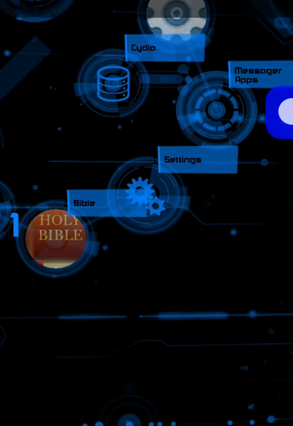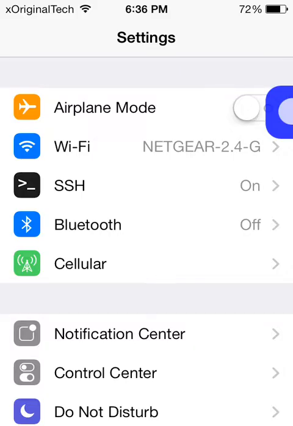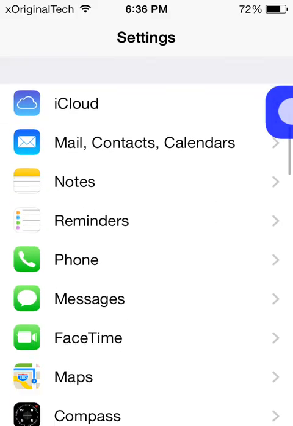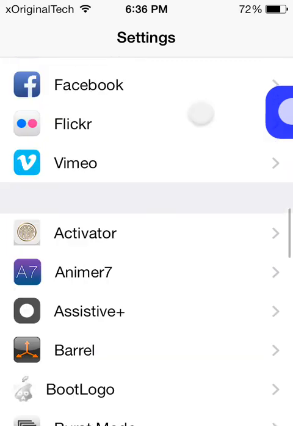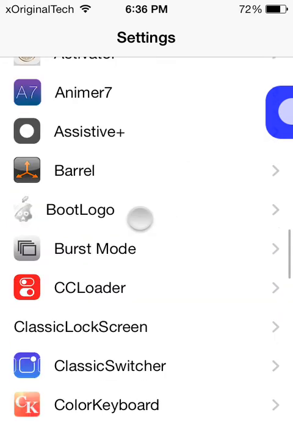So it does take a while to load some settings. Like if I tapped on settings a couple of seconds ago, I wanted to freshly show you how long it takes on the iPhone 4. So as you can see here, the status bar disappears and then it loads up pretty fast. It doesn't give you animation like iOS 7, it just loads straight away. So that is enough of